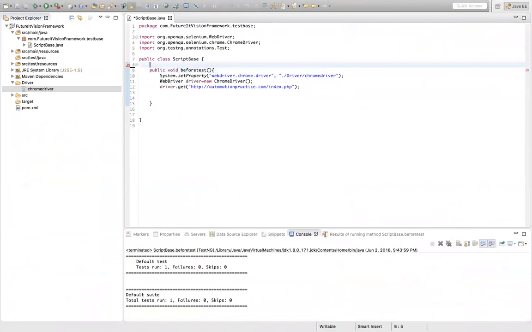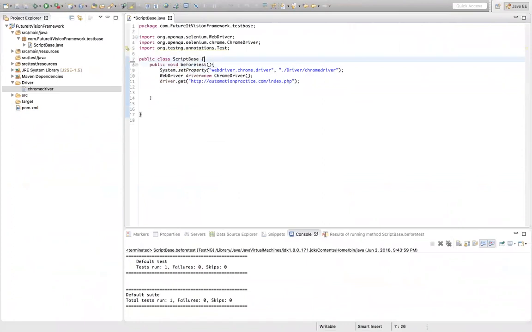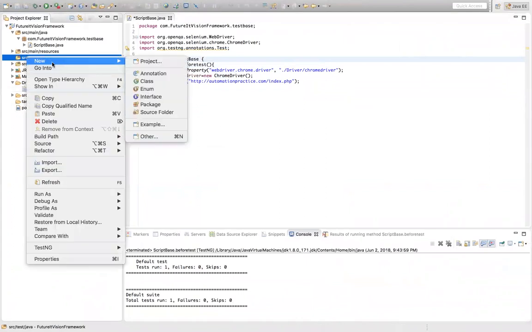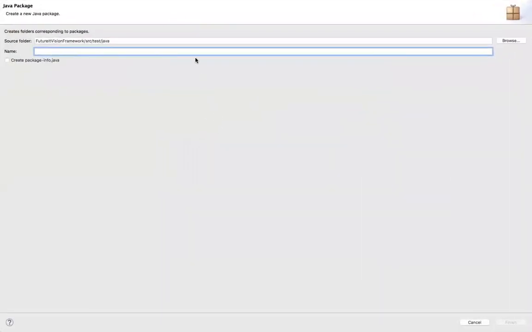So now, this is the basic script where only the browser opening session will stay. Now I'm going to create one more package under the main test package. What kind of test are we going to do? For the package name, I'm going to provide com.automation.framework, which is my framework name, dot, and I'm going to write test cases about search, so I'm going to create search